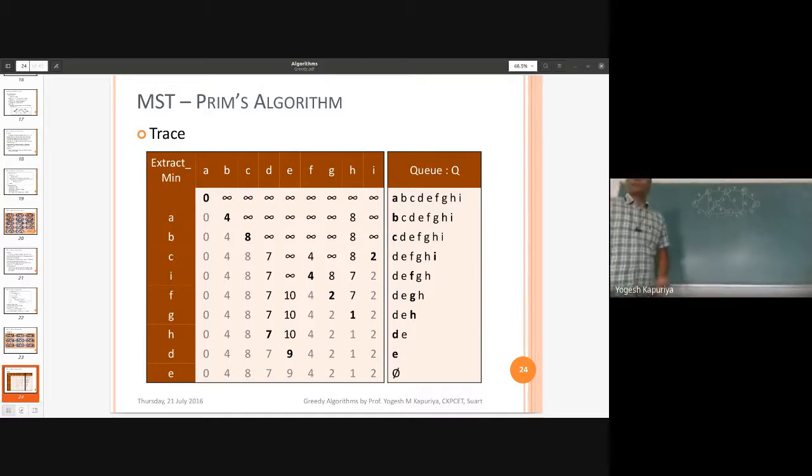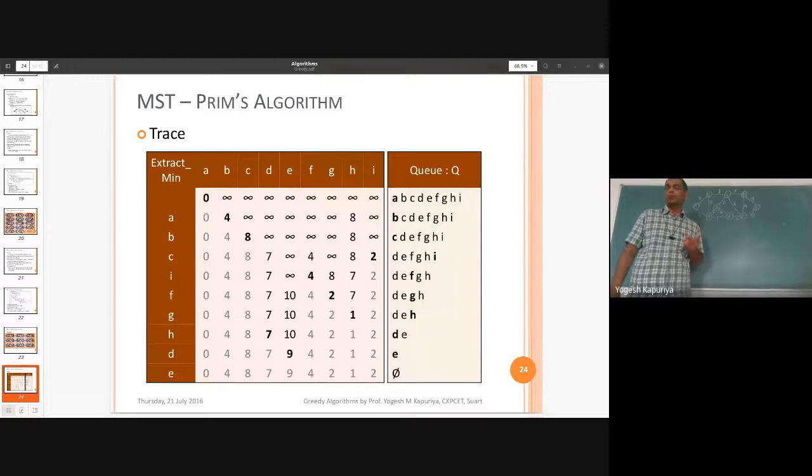So this is my graph. Now, as you know, it maintains a priority queue. A priority queue means a queue which performs an insert operation normally, so first in, first out is the queue operation. But in case of retrieval, that means when you are removing or extracting any element from the queue, at that time you have either a minimum preference or a maximum preference. So there are two types of priority queue. One is min priority queue, second is max priority queue. But ultimately it will require some values.